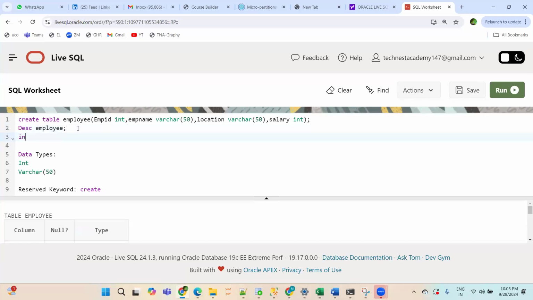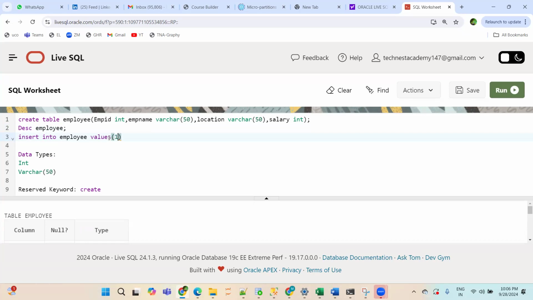So for that, you have to write insert into employee. It means you are telling the SQL engine, I want to insert some data or some records into the employee table. Then you have to write values, meaning what all values you want to insert.